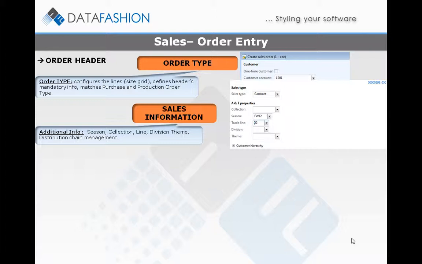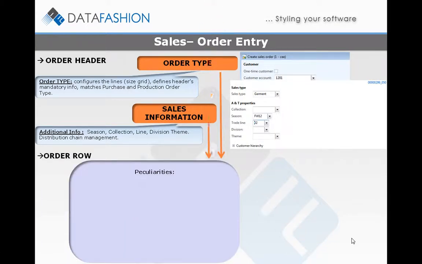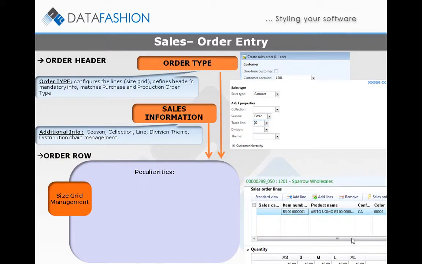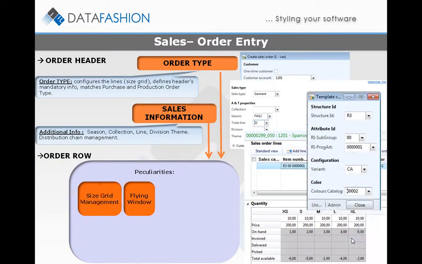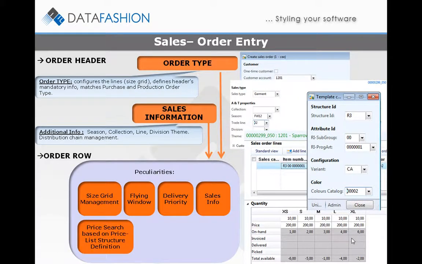line, division, theme. The information inserted on the order header automatically configure what information are requested on the line, such as the size grid, the flying window that dynamically creates the item code if the combination of the single attributes has not been previously generated, the delivery priority that may be different for each line, sales information such as line and collection that are inherited by the header but can be modified on the lines, the price search with a